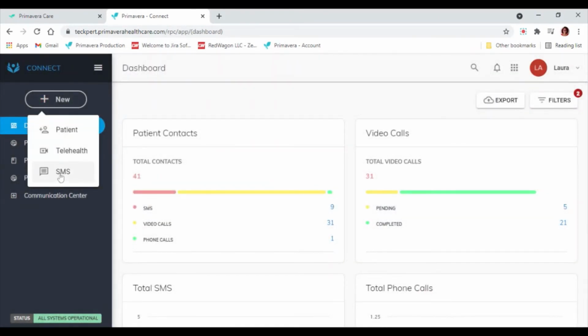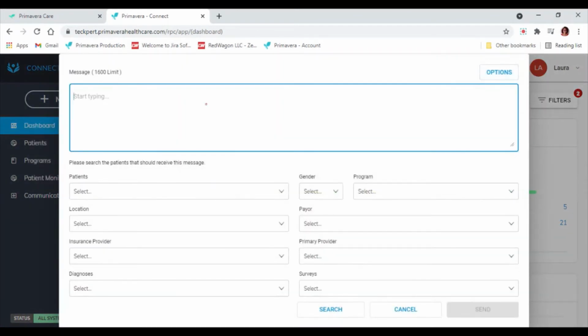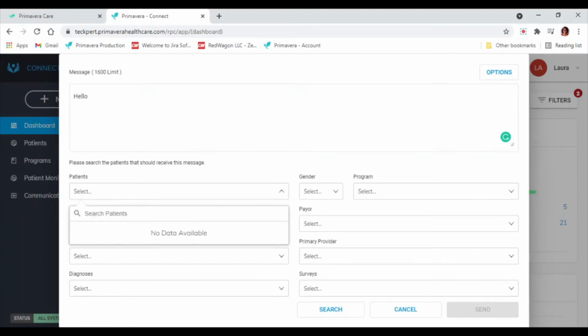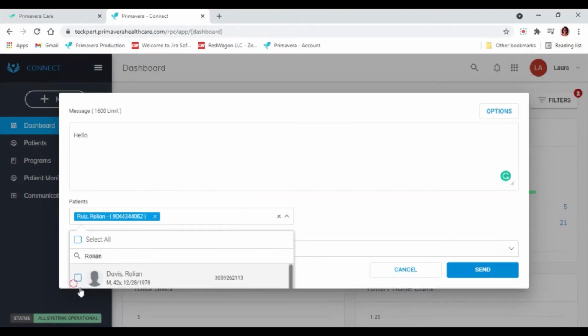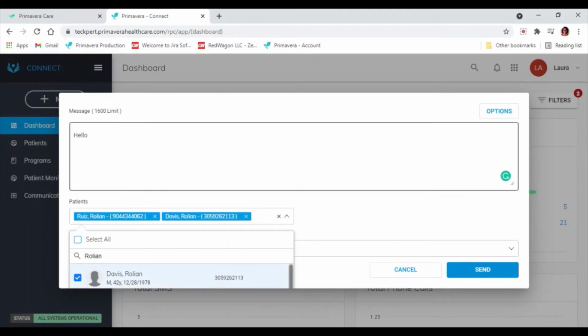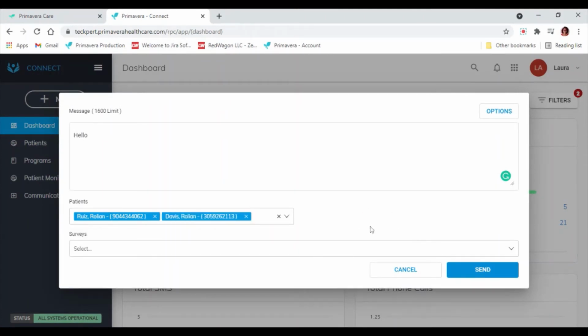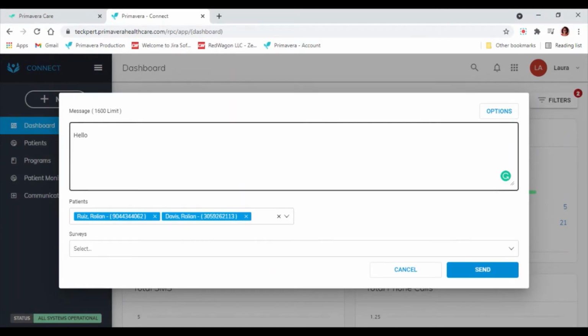Now the other tab we have is New SMS, that works kind of similar to what we were seeing before. So the same, we can type the message that we want. And here we have different options in order to search the patients that we want to send the message to. We can look by name and select the patients we need to send the message to. And after that, we just have to tap on send,